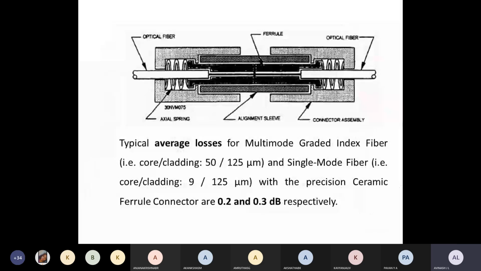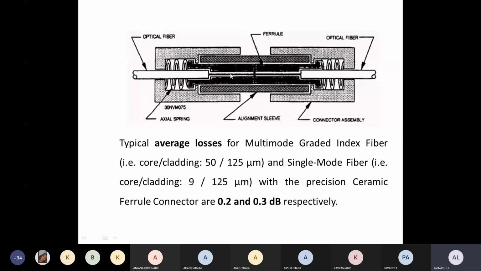You can see this particular diagram, that is a ferrule we say. Please all of you make a note of it. Here, this is the optical fiber on the left-hand side and on the right-hand side there is an optical fiber. These two optical fibers have to be connected. So we will insert the optical fibers at the two ends into the ferrule. Whatever wave is transmitted from one fiber, the ferrule will take that signal and correctly pass it to the next optical fiber. That means alignment will be there.